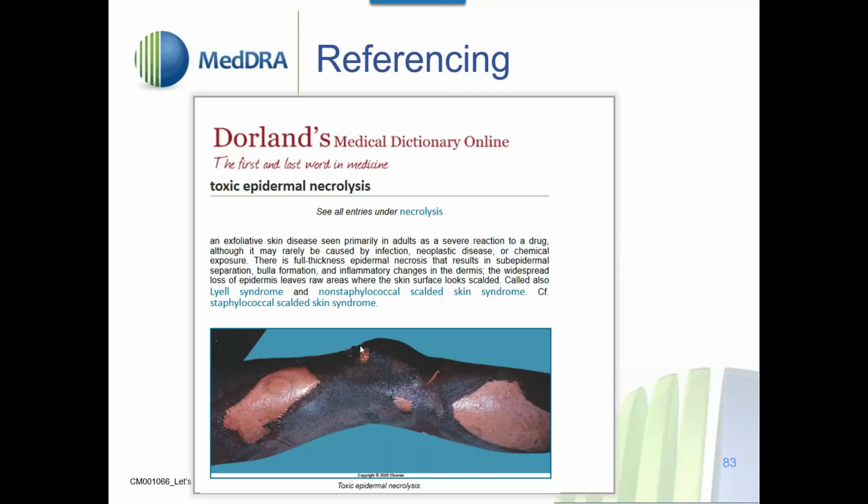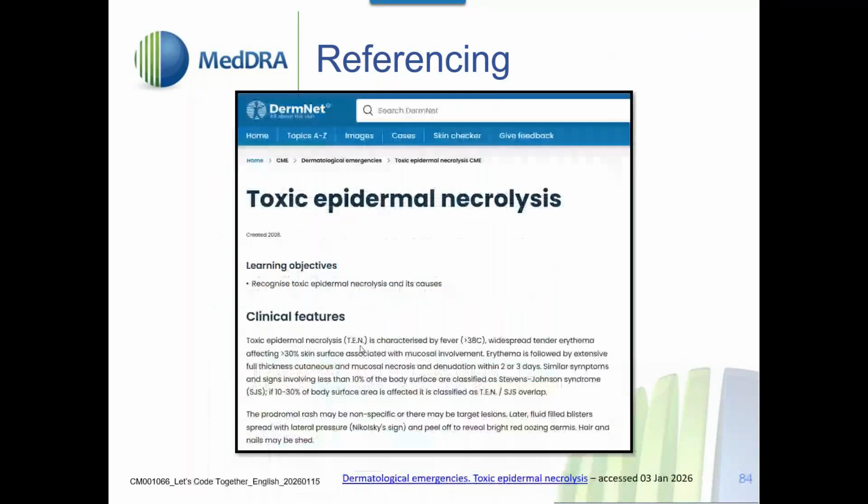What is it? It's an exfoliative skin disease seen primarily in adults as a severe reaction to a drug, although it may be caused by infection, neoplastic disease, or chemical exposure. It tells us that the subepidermal separates, bulla, inflammatory changes, leaves the skin raw. Very, very nasty. I found a reference as well on DermNet that we sometimes use, again, looking for the symptoms,